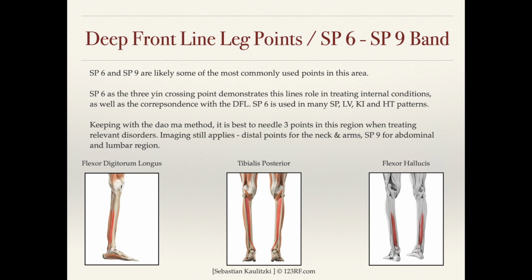Now, spleen 6 is also used for various types of heart patterns. We'll use it for heart yin deficiency, we'll use it for heart blood deficiency, we'll use it for heart fire. So spleen 6 is a very commonly used point for many internal types of conditions and patterns, and this demonstrates